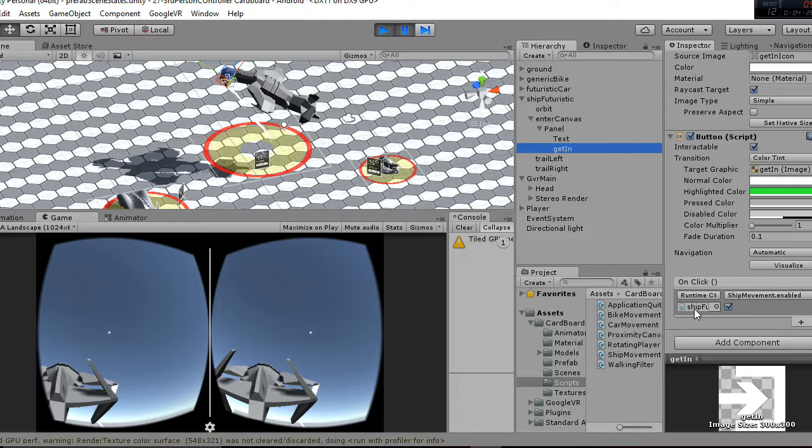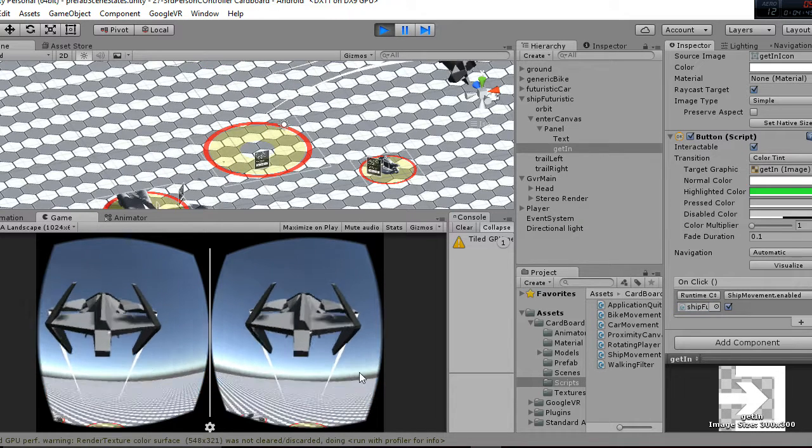So in fact, we are calling to the ship movement enabled. So in fact, this is going to be really easy for you to implement because we are just calling to disable and enable function inside the scripts. And in this case, we are getting the player inside one vehicle or another. So I'm just going to show you how the